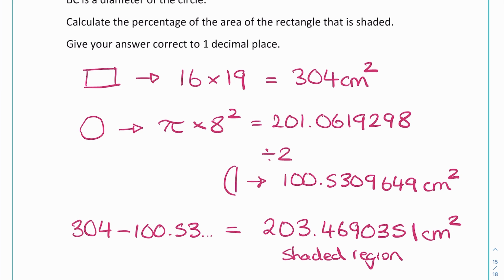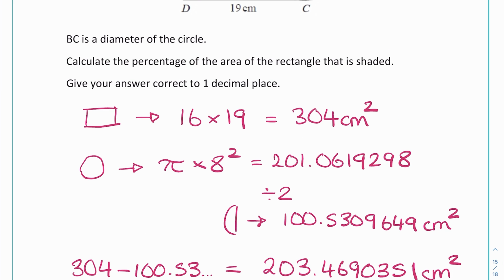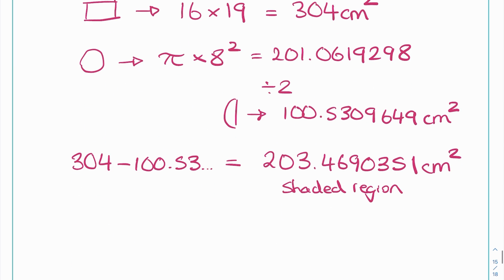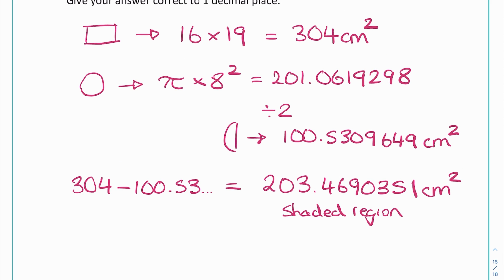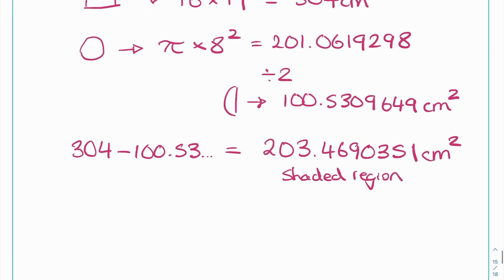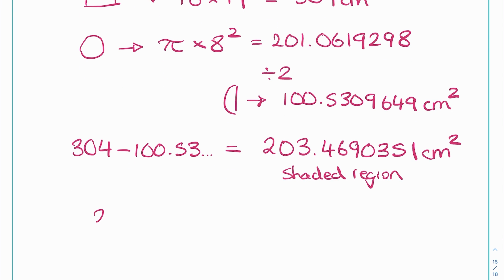Now this question didn't just ask for the area of the shaded region. It says calculate the percentage of the area of the rectangle that is shaded. So the area that's shaded is this 203. The total rectangle though is 304. So we need to work out what is 203 out of 304 as a percentage. Now I'm going to start that by just writing it as I've said it. 203.469. Let's write those the right way. 203.469 out of 304. If I type that in as a fraction on the calculator,